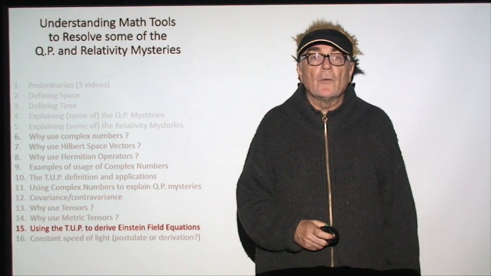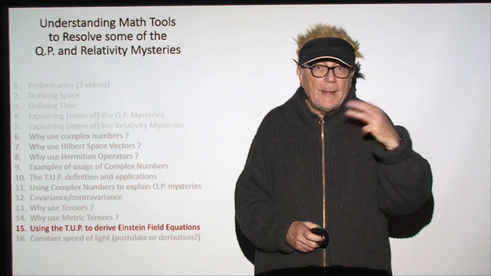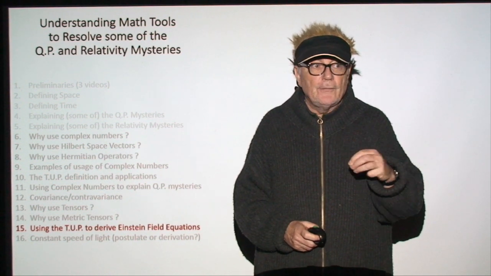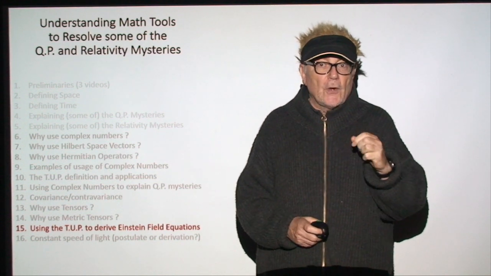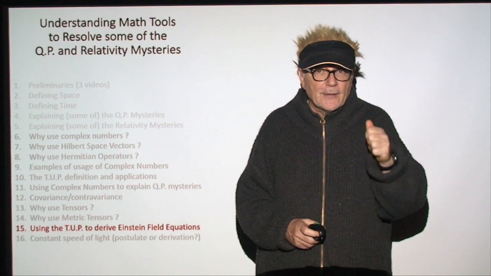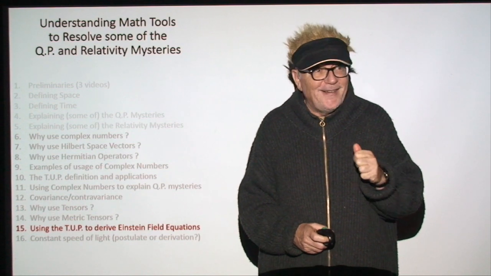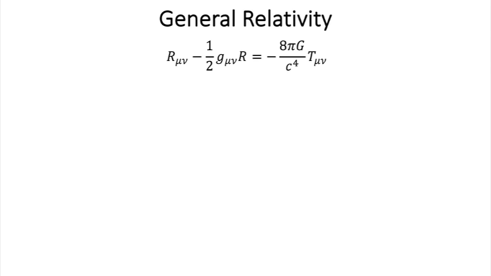In this video, we're going to explain the basic steps to derive Einstein's general relativity field equations from one principle, the thrifty universe principle. That's crazy. Okay, so this is the generic equation by Einstein for general relativity. Actually, it's a simplified version, but that's enough for what we need here.